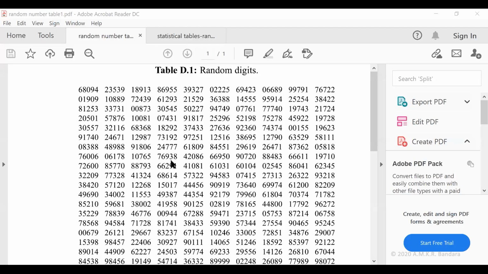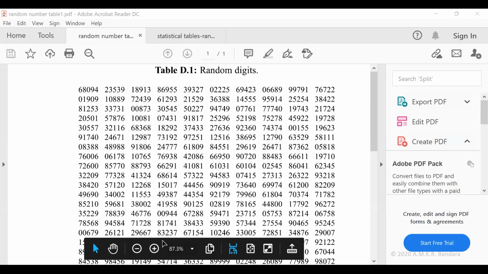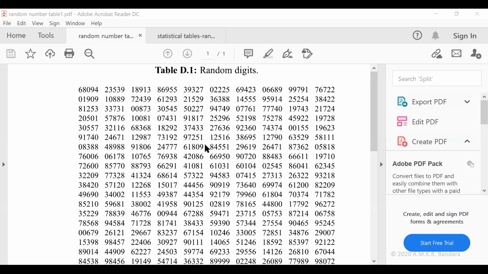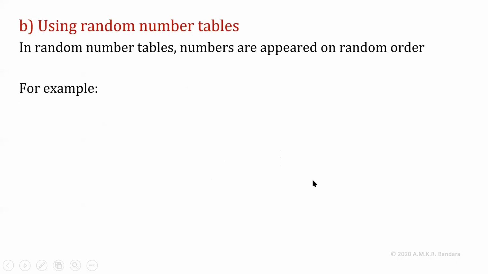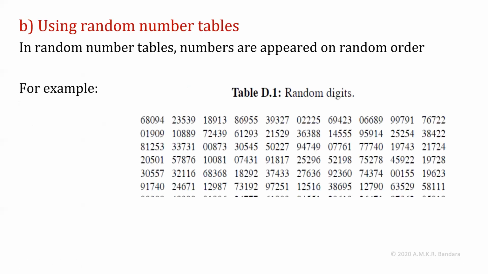Likewise, starting from a random point, you can read your random number table and select the required sample size. So those will not be purposefully selected, it will be random. So the second way is to select the individuals using random number table.